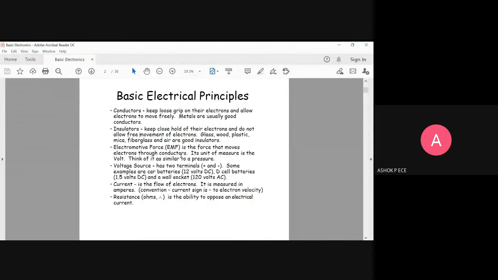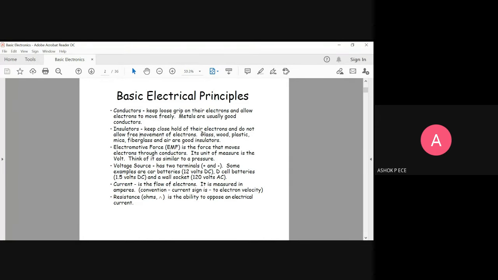Antonyms means opposites. The conductor will have a huge number of free electrons to readily move, but insulators are exactly opposite. They don't have free electrons because they hold the electrons very tight, or the bonding between the electrons and the other electrons is going to be very, very tight. So, how much ever energy you supply, these electrons cannot break the bond, come out, and cause flow of current.